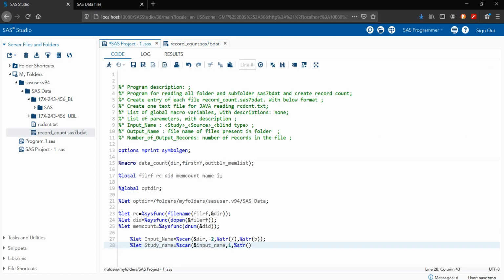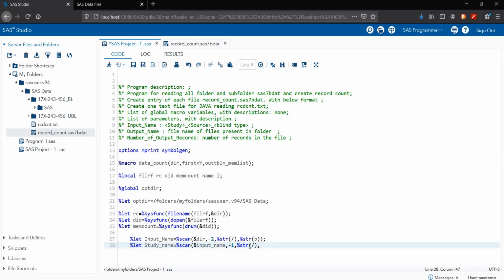Input name is done. This is my study name. With the help of the study name we are extracting the source name. In this study name we use %str with -1, then %str after, because after this slash we have that particular name.